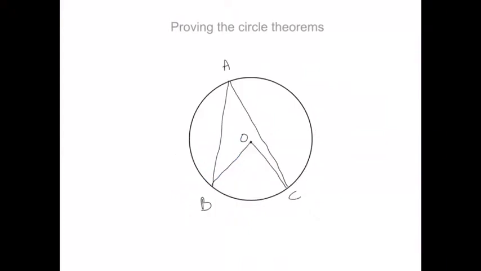The first theorem states that the angle BAC, this one here, is half of the angle BOC, the angle there, or that the angle at the center is twice the angle at the circumference. We say that these two angles are subtended by the arc BC. So to prove this property, we need to draw the radius AO, and as we've explained, we have two isosceles triangles. The first one is OAB, and the second one is OAC,